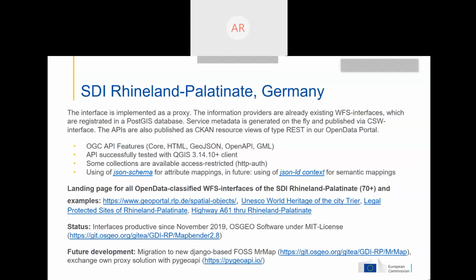For the landing page for all open data classified WFS interfaces, we have one landing page with a really simple URI, and we have actually more than 70 WFS services which are published and open data classified in our SDI, and maybe I show you the examples after this. The interfaces are productive since November 2019,